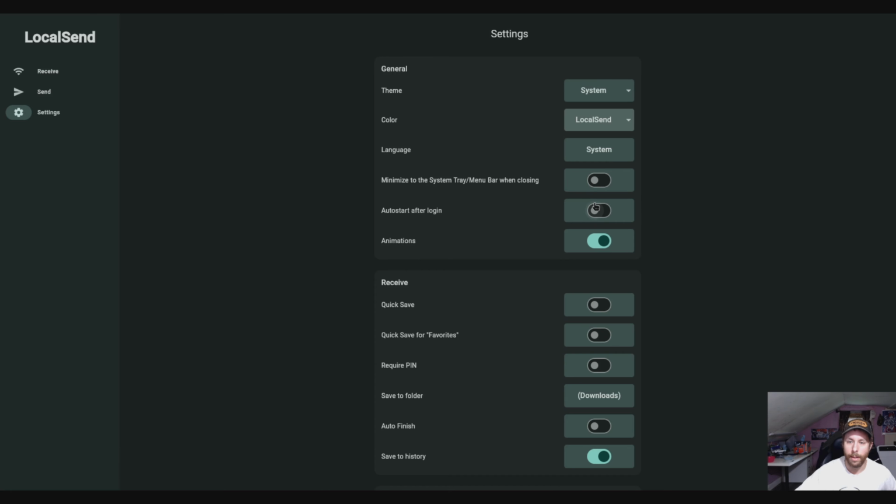So like this option, if you have it auto start after you log in, you can have it start minimized, so it's open, but it doesn't open the physical window. You can turn on quick save for favorites. If you want a PIN or a password to be entered to access the app, it has that option. You can change where you save